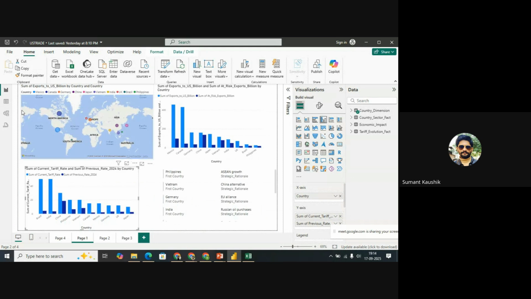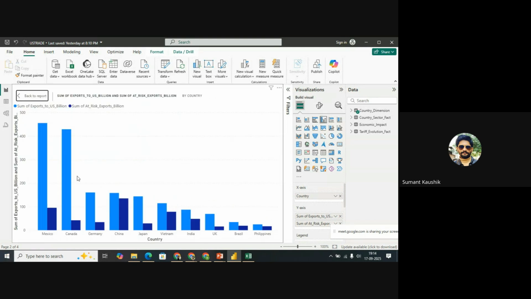The next part comes to the exports and the risk of exports, that is the exports which are at risk due to this tariff imposition. On the light blue side, we can see the exports to the USA made by each country. You can see the numbers. And the dark blue shows the exports which are at risk. So you can see the $95.30 billion exports were at risk